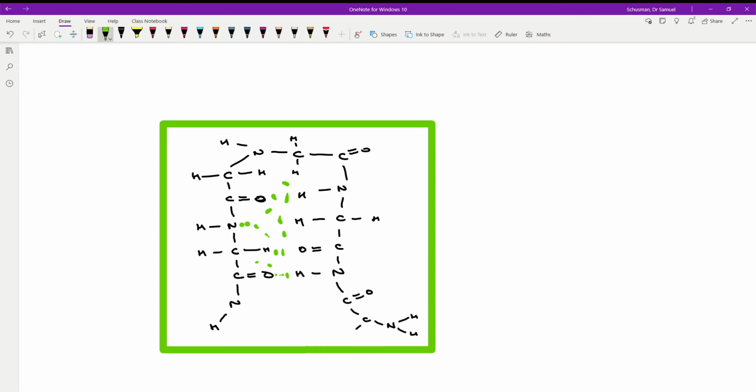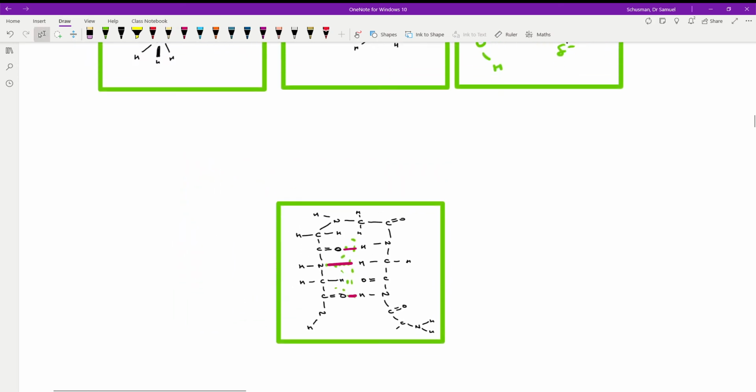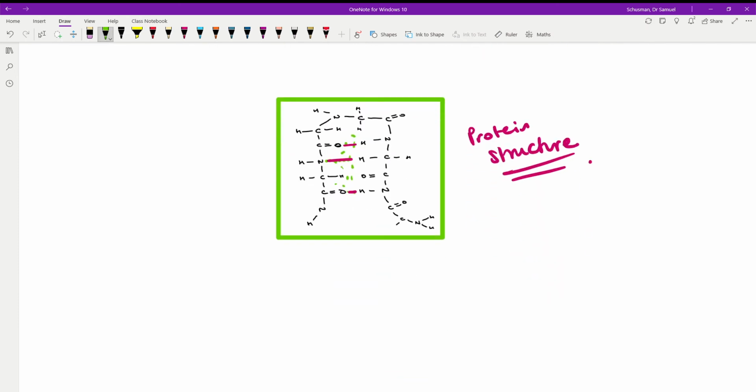You've got a nitrogen over here, and a hydrogen over here. Just do it in different colours so you can see. And you've got an oxygen here and a hydrogen here. So actually you can even get hydrogen bonds forming within a molecule itself. And this is really important in protein structure. So those of you who know that will sort of be going, hopefully. Now,